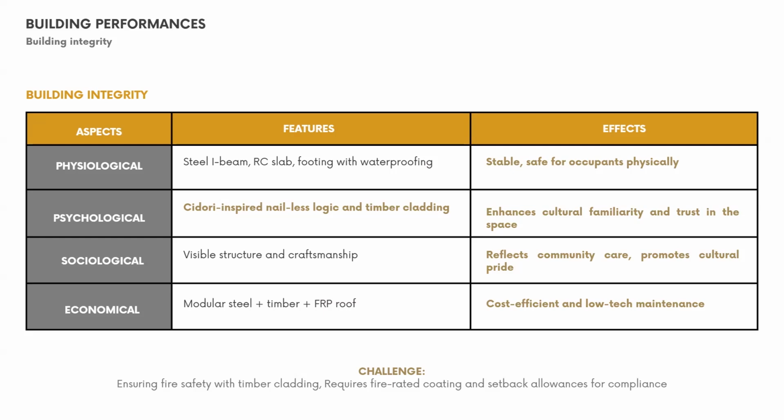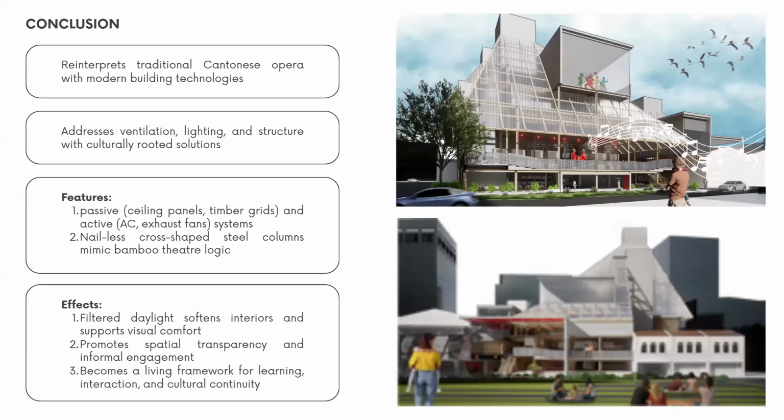Economically, it uses modular steel, timber, and an FRP roof, which are cost-efficient materials and also have low-tech maintenance. However, the challenge here is that the timber cladding on the steel structures requires a more fire-rated coating and setback allowance for compliance. So in conclusion, this structure and this system help to reinterpret traditional Cantonese opera within modern